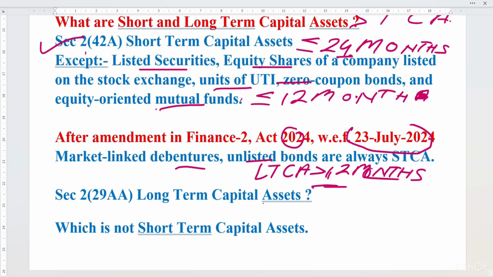If we go by the definition of section 2 clause 29AA, what is long term capital asset, it says which is not a short term capital asset. तो ये डेफिनेशन कहती है जो एसेट शॉर्ट टर्म नहीं है वो सब लॉन्ग टर्म कैपिटल एसेट्स हैं।